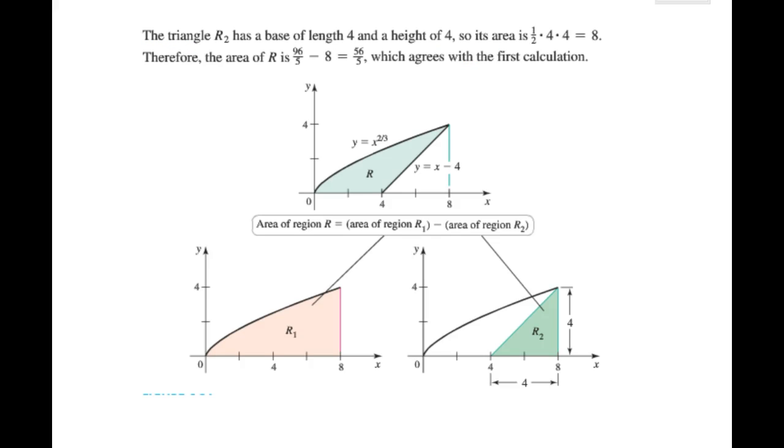So we did it two different methods, right minus the left, and we integrated everything between 0 and 8 and then subtracted off